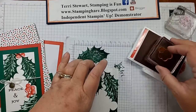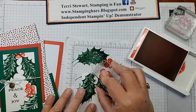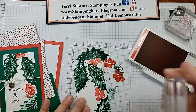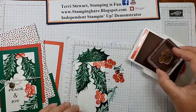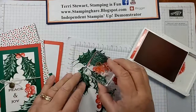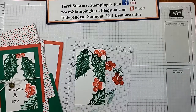So I'm going to ink the stamp. I'm going to stamp off, add my berries up here, and put them there, I think. And then I will put a whole set down to the side here, and I stamped off, and I'll stamp them. And now we can bring in this highlighted berries and do the same thing. Stamp right on top of them, and this gives really nice shading. And those berries. Okay, so now we're done that part, and the last little bit of stamping,